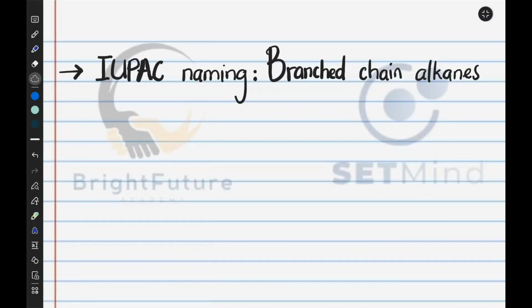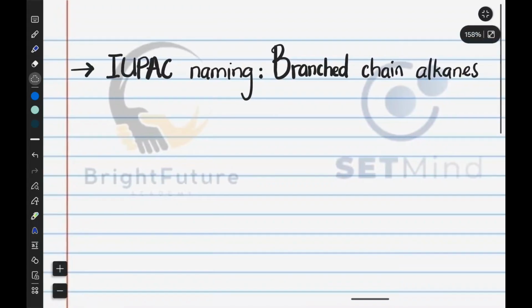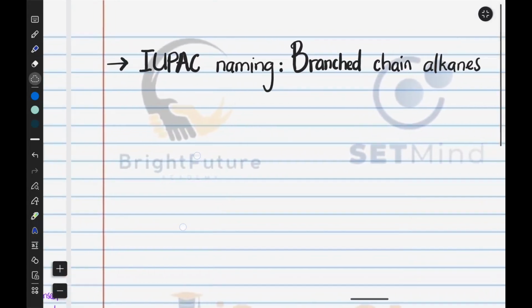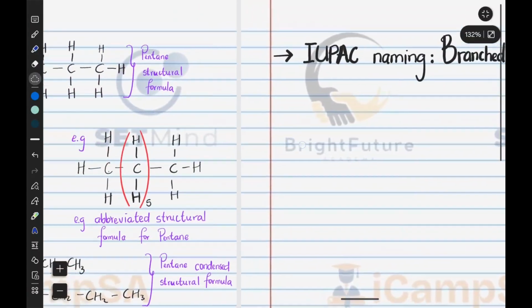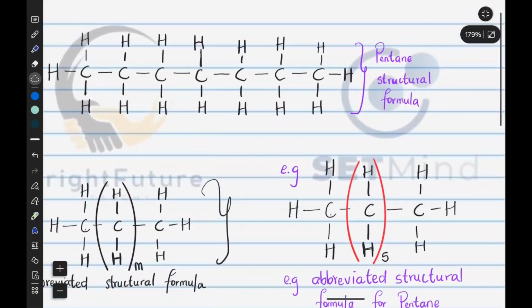But you must know that if you were facing a question that is asking you for an alkyl group, they're talking about a branch. Or if you are facing a question asking you about a substituent, they're talking about either a branch or a different element or atom attached where the hydrogen atom would be, right? I'll write all of these things down, so don't worry. But as an example, let's take